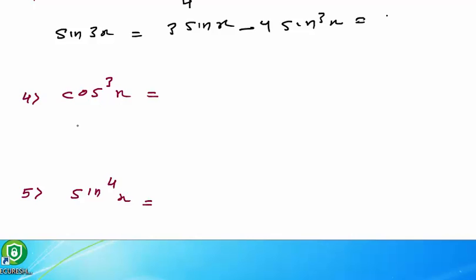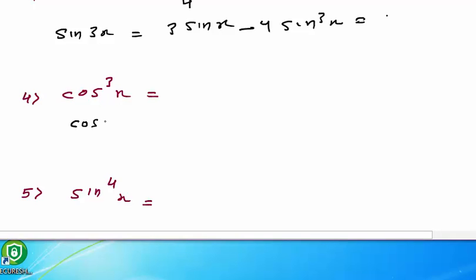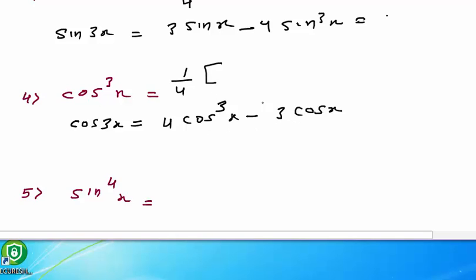Similarly, we can write the formula for cos cube x. Before that, we see what cos 3x is. Cos 3x is 4 cos cube x minus 3 cos x. Therefore, the value of cos cube x will become 1 divided by 4, and this 3 cos x will come on that side, so it will be 3 cos x plus